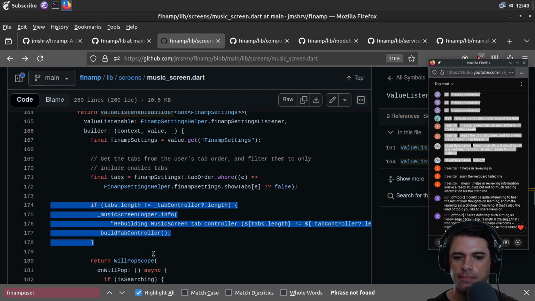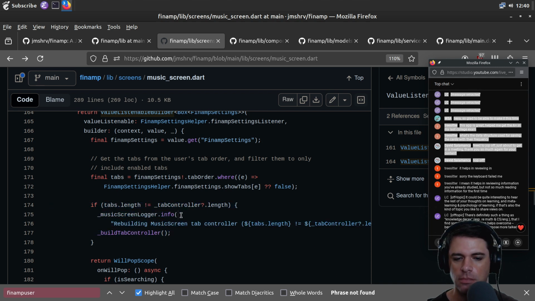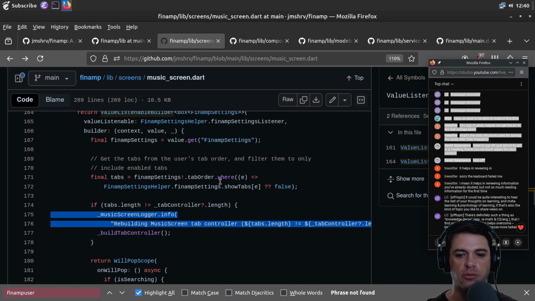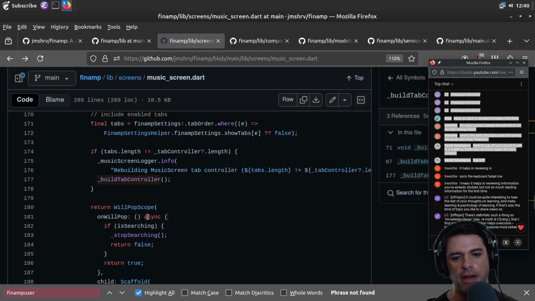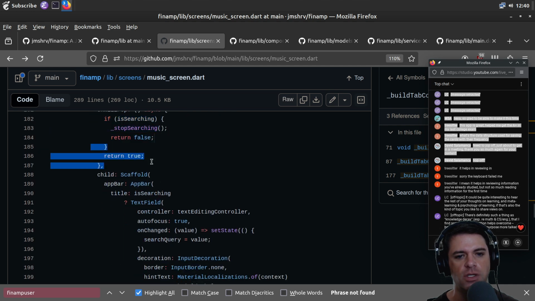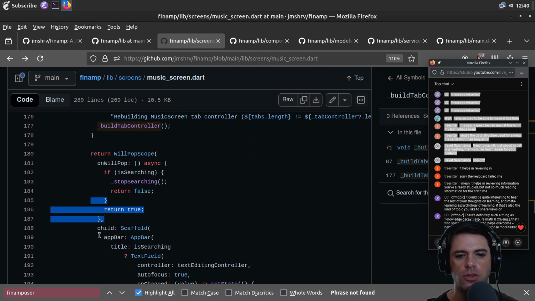We have some logger. The logger might say that we're rebuilding the music screen tab controller, and we'll call build tab controller. Then we have this will pop scope. Maybe pop some sort of scope off a stack. So on will pop is async. And if we are searching, we'll stop searching and return false. Otherwise, we'll return true. And child of what? Maybe child of will pop scope